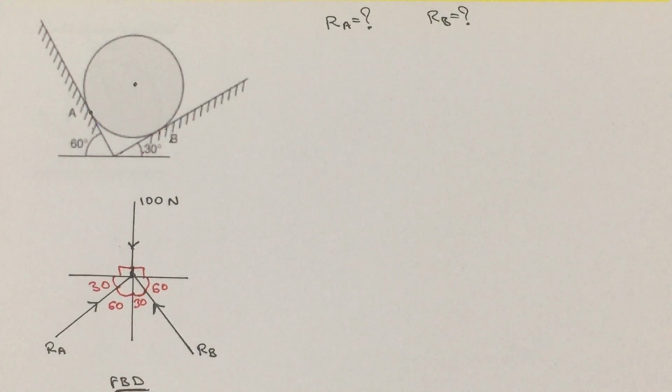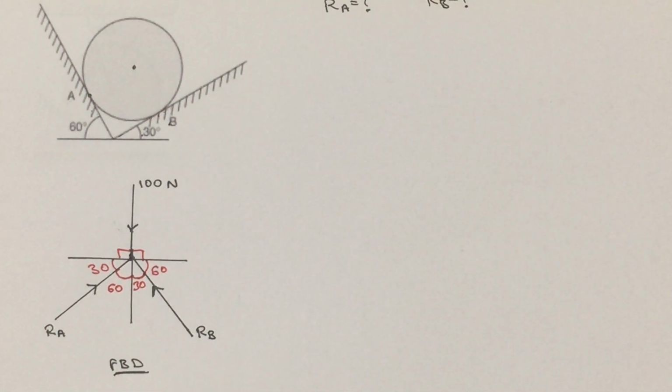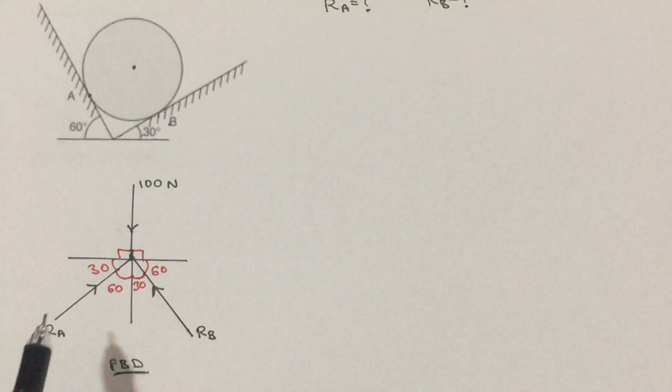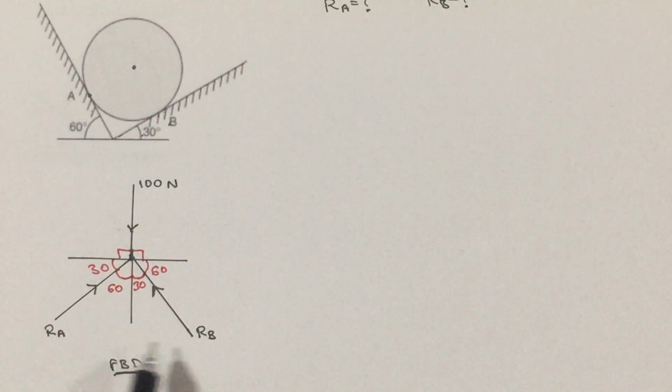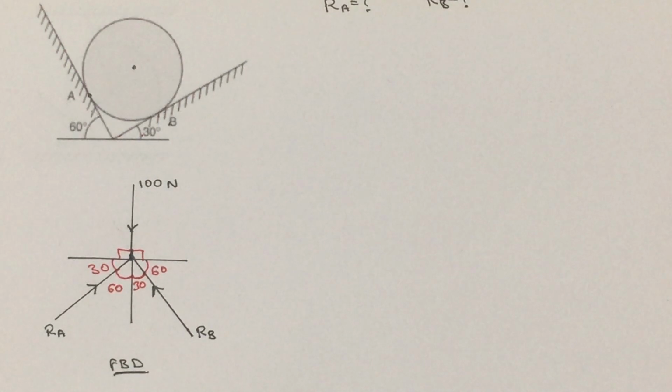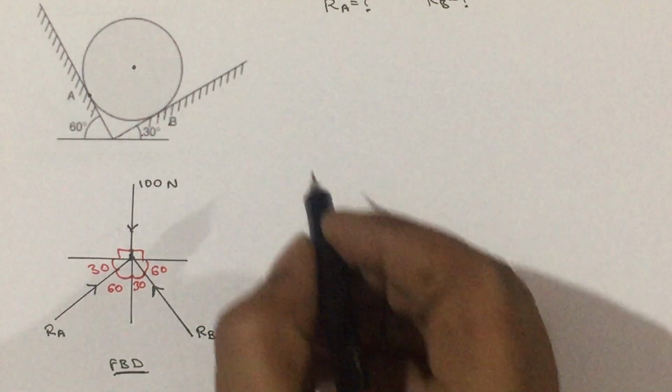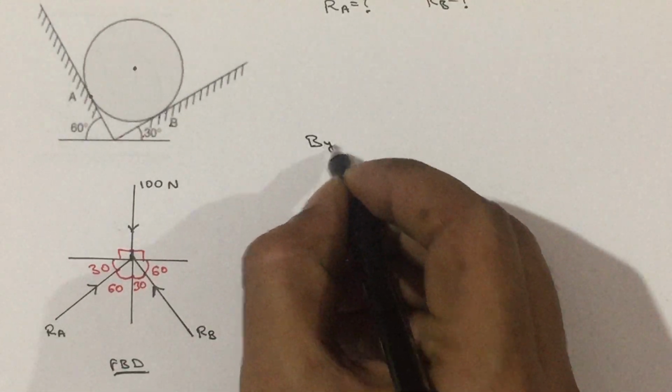So, once you find the free body diagram, the next step is to choose the method. For choosing the method, count the number of forces: 1, 2, 3, 3 forces. How many unknowns? 1, 2, 2 unknowns. 3 forces and 2 unknowns. So, we can make use of Lami's theorem. By Lami's theorem,